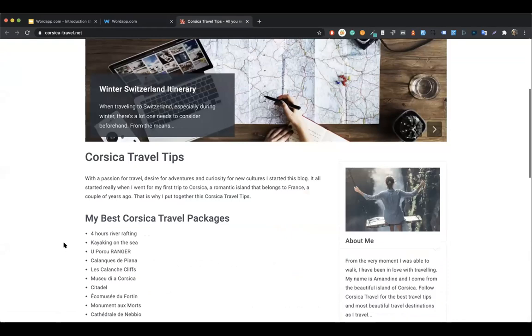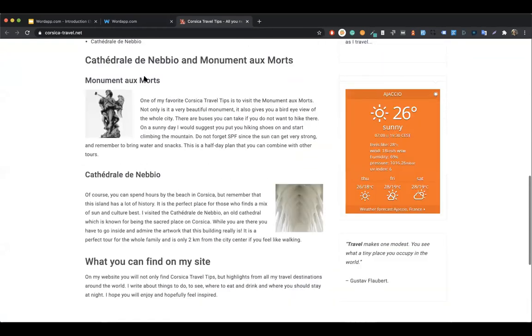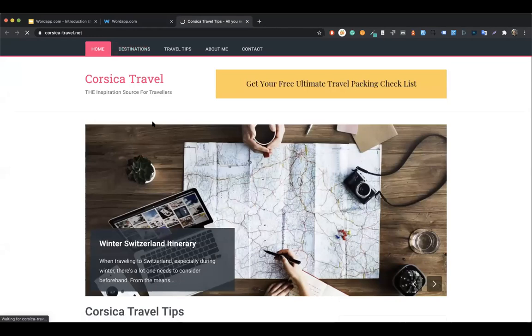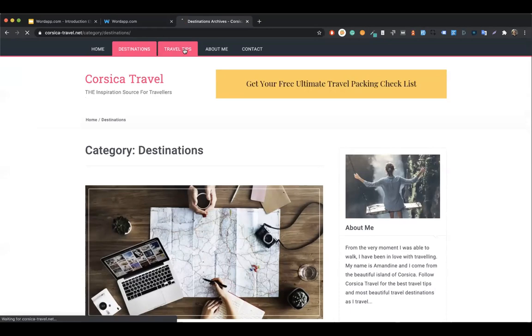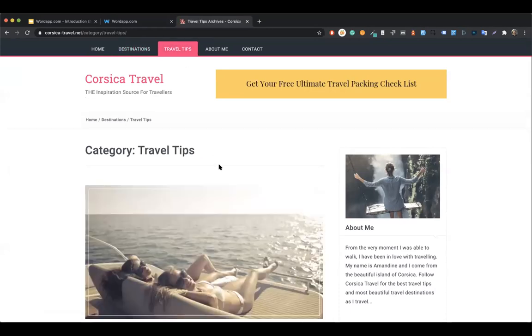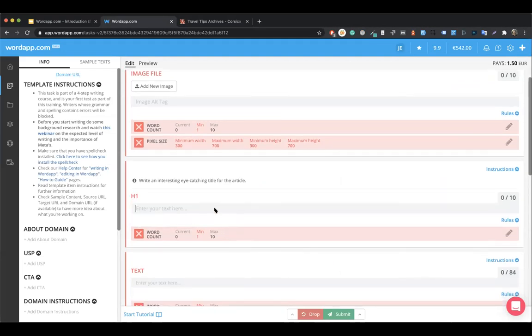So I can imagine that I need to write something here that is about traveling. If I scroll through the website a bit, I see there is some stuff about different destinations. There are some things with travel tips. So I could stay within those topics and actually figure out something that I want to write about myself. So the first thing is to come up with some kind of title for my blog post, and that will be